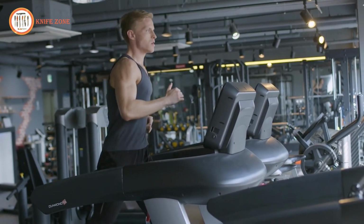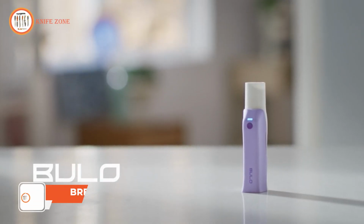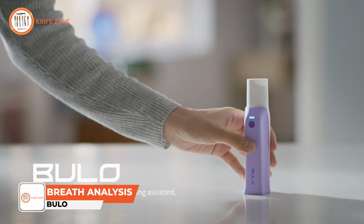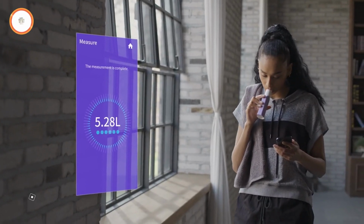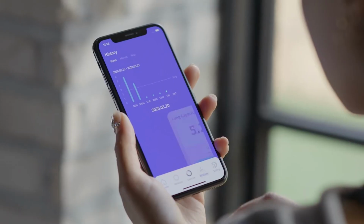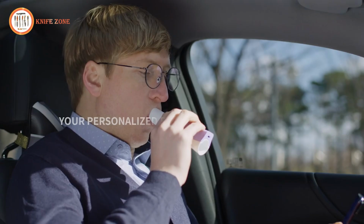In today's world, monitoring and improving your breathing is essential for maintaining optimal health and performance. Introducing the BULO Breath Analysis Device, a compact handheld device created by ex-Samsung engineers to measure and analyze your airflow. It provides real-time insights into your lung age and maximum air capacity and tracks daily progress to help improve your